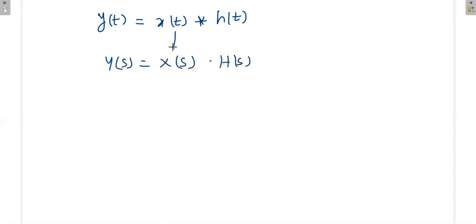That means what? Take the Laplace transform of x of t and of h of t. Then we'll get X of s and H of s, so that we'll get Y of s. Then if you apply the inverse Laplace transform, we can get y of t. So this is the indirect way of getting y of t. Directly, we can get it from the convolution integral, or by applying this formula. We'll always try to solve the problem with both methods.